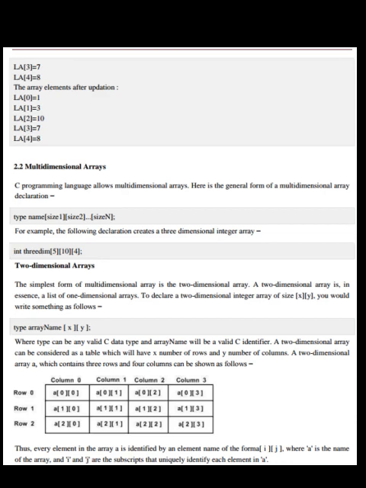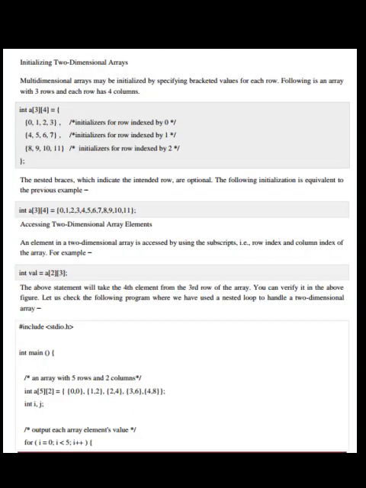See the figure. Thus, every element in the array A is identified by an element name of the format A[i][j], where A is the name of the array and i and j are the subscripts that uniquely identify each element in A. Now let us see initializing two-dimensional arrays.